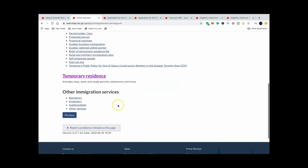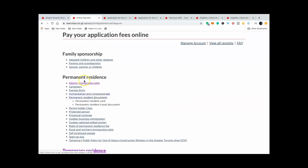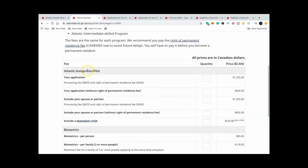And once we get to this point, we're doing permanent residency, Atlantic immigration, right? So we hit on that button. Because your application is without a permanent residency fee, your application and right of permanency, so if it's only you, one person,